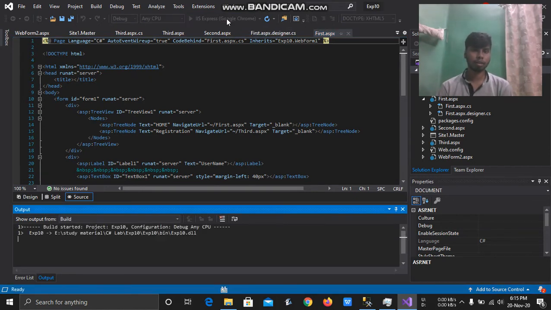For running this ASP.NET we need Google Chrome or any other web browser so that this package can run smoothly.